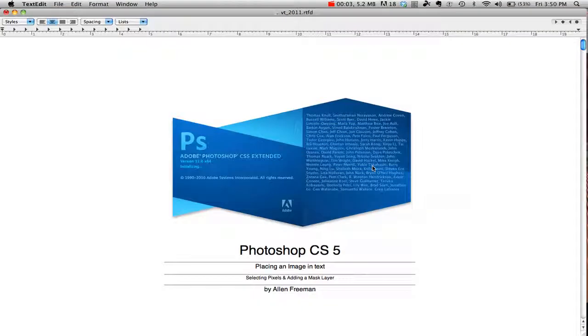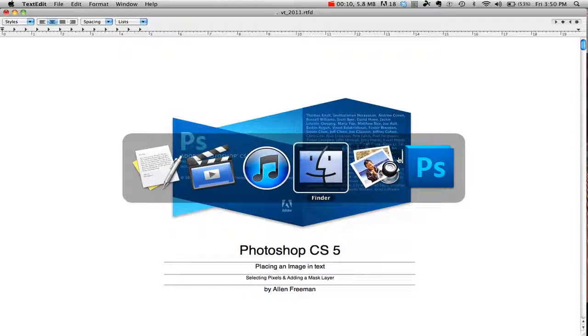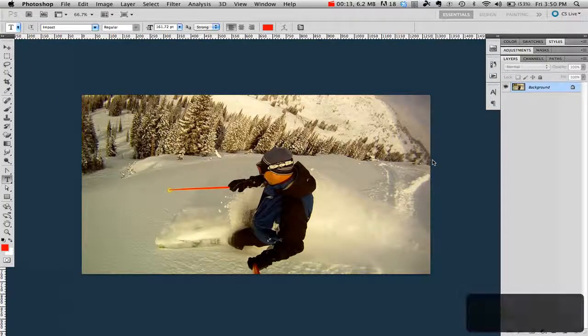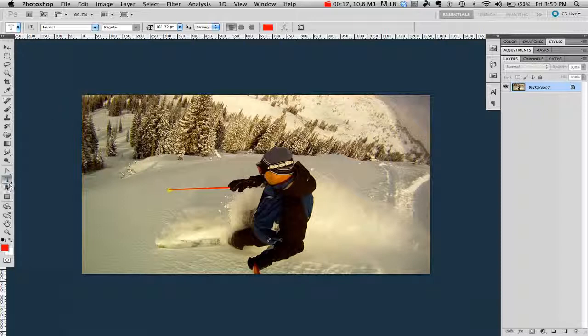In this tutorial, I'm going to show you how to place an image inside of text using some different tools. So first off, open up an image, and then the next thing you'll want to do is grab some text. So grab the text tool, and when you're picking out a font, pick a font that's kind of thick. So I'm just using Impact,